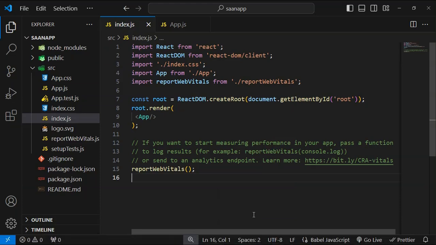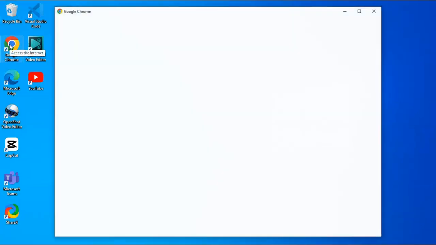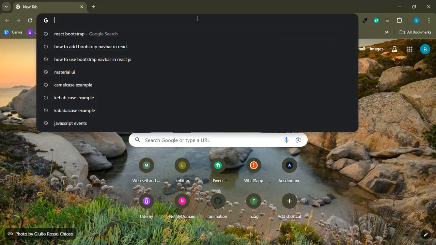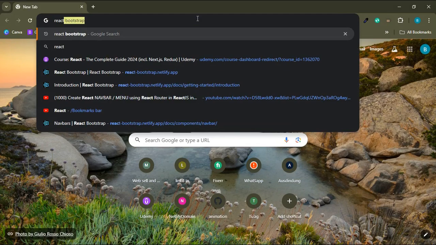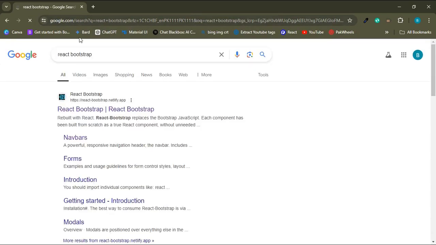Hi guys, today in this tutorial we will see how to install and use Bootstrap in your React application. So first of all we have to move to our Google Chrome, and here I have to write React Bootstrap. Just write that word, enough. So this is the first website. You can see this is React-Bootstrap. So just open it,